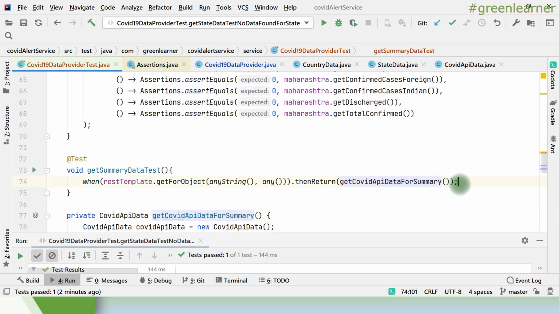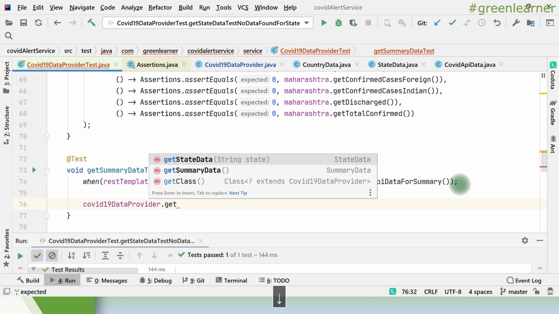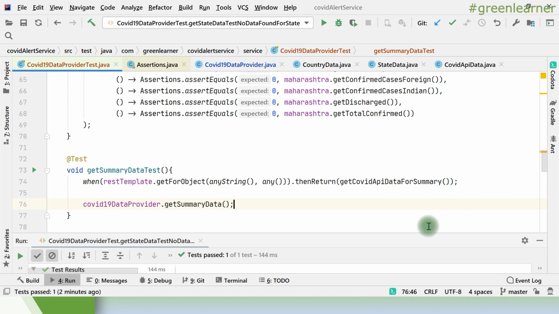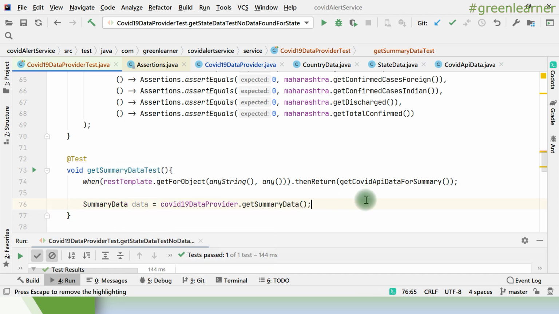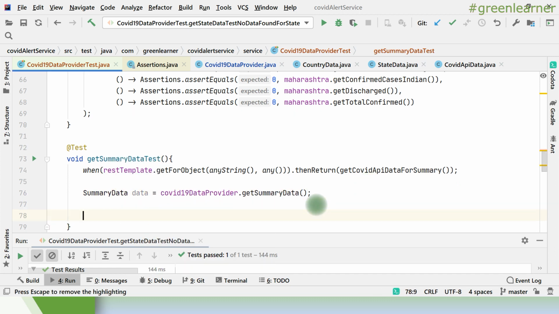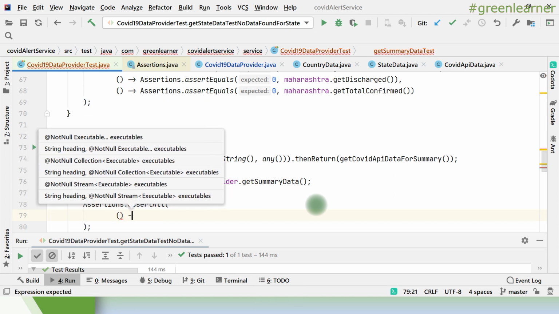Now just mocking, we are done very quickly. So COVID-19 data provider dot get summary data, right? And what it is returning, take that into a variable, some data, and now call the assert all, right? And inside that compare the things one by one.